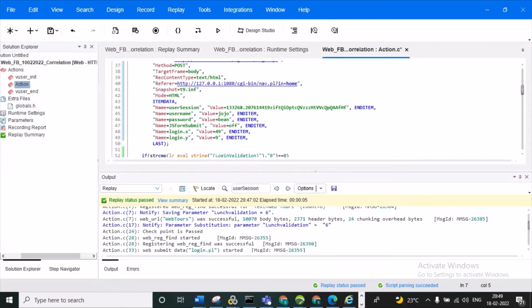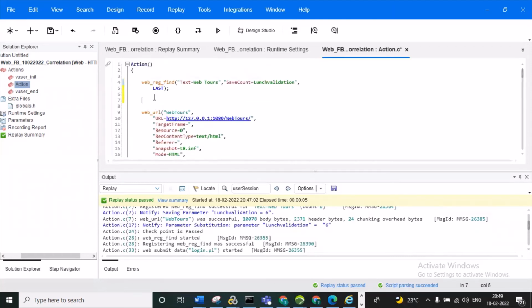So I will write the web image also, and show it for your understanding. We need to write the web function. This is also a function only. You need to write web underscore image underscore, then write the checkpoint. This is the condition. After that, we need to give the parameter name.